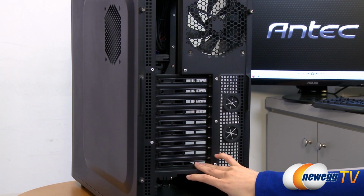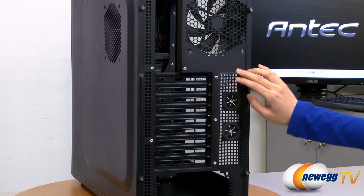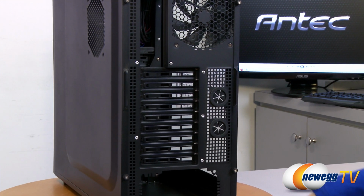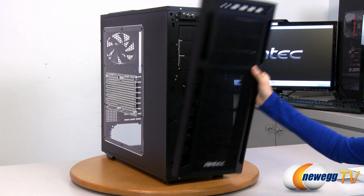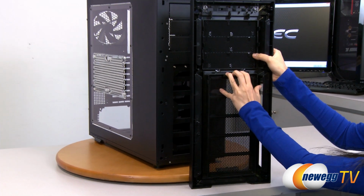9 expansion slots compatible with 3-way NVIDIA SLI and 4-way AMD CrossFireX configurations. Next to that, you get a couple grommets for cable threading and threading through your water cooling tubes, and a bottom power supply mount. I've removed the front bezel, and on this side there is a removable dust filter,